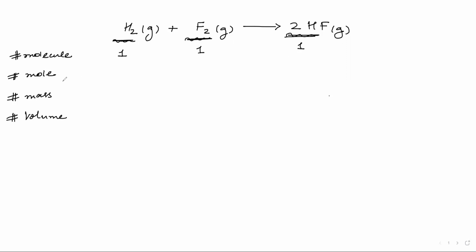So do you agree if I need one molecule of H2 and one molecule of fluorine to make two molecules of HF, right? Yes, sir. So I can write one molecule here, and one also here. What can you tell me about the mole picture? How many moles of H2 gas do I need? The mole picture will be the same. One mole. And here? One mole. Okay, I made a mistake. I should have written that two molecules of HF will be formed, because the stoichiometry is 2. And how many moles of HF will be formed, Reba? 2 moles. Very good.